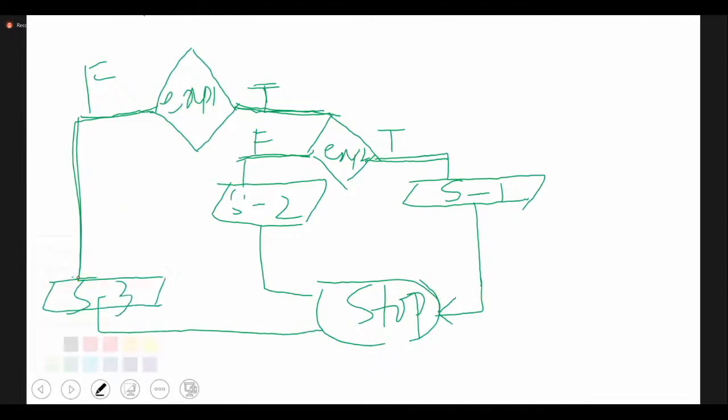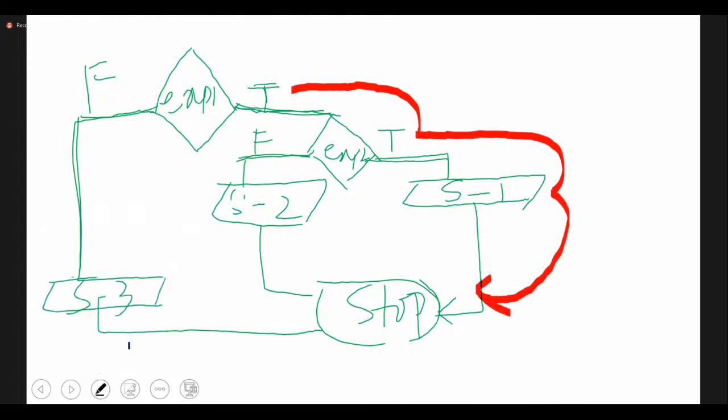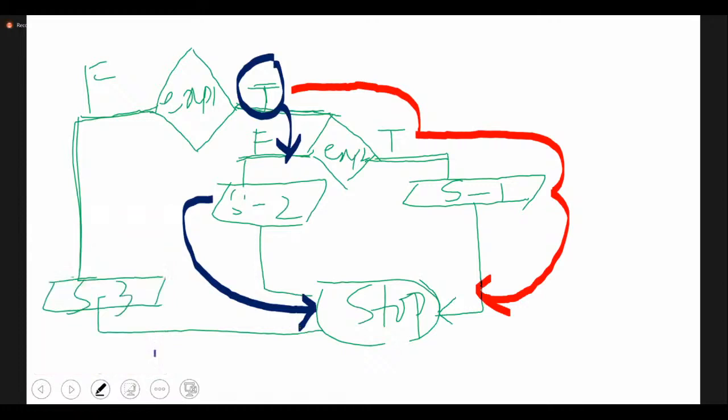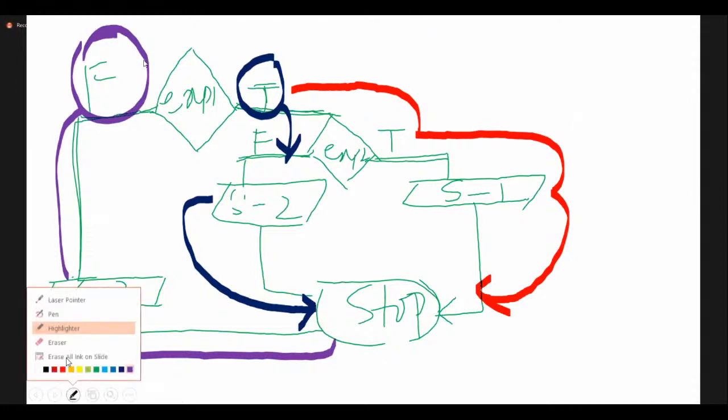I'll just show. So if this is one root, true, statement 1, then you're going for stop. Then you have true, then false, statement 2, then the other one is stop. And then you can have directly false, then statement 3, then you can go for stop. In this way, you can execute your nesting of your statements. Okay, this is about your nested of if else statement.